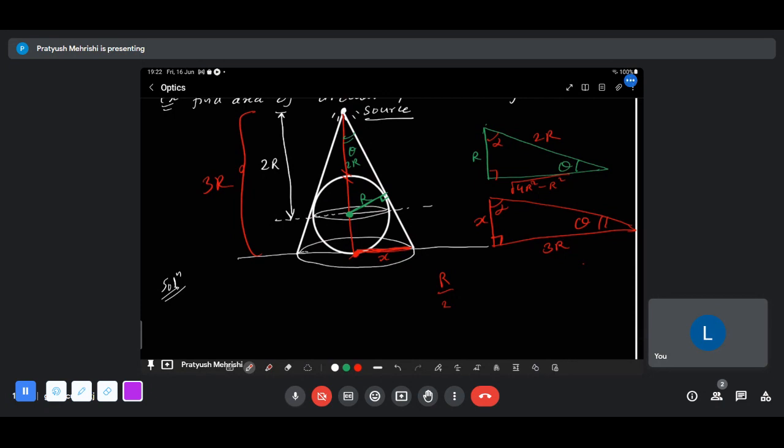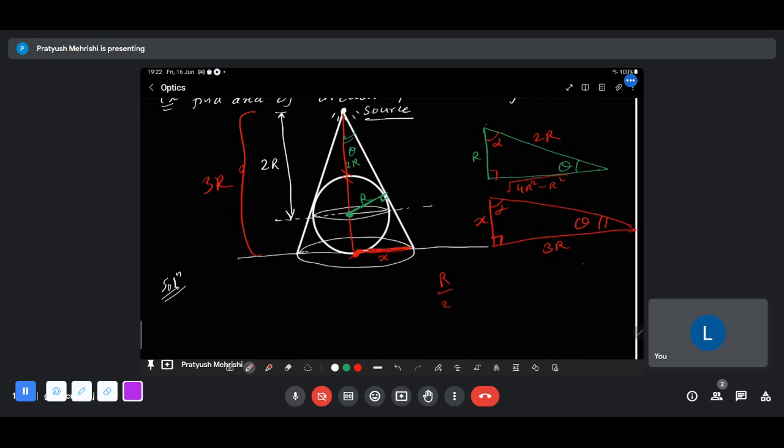Getting it or not? 4r square minus r square. Why? Square of hypotenuse minus square of side will give us the third side. a square plus b square equals c square. This is a, this is b, and this is c. So c square minus b square will give us a square. C square is 4r square minus r square, which will give us this side. Now we can apply each and everything. That is nothing but